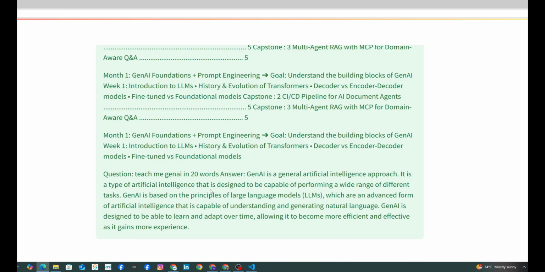It is a type of artificial intelligence that is designed to be capable of performing a wide range of different tasks. Gen AI is based on the principles of LLMs, which are an advanced form of artificial intelligence that is capable of understanding and generating natural language. Gen AI is designed to be able to learn and adapt over time, allowing it to become more efficient and effective as it gains more experience.